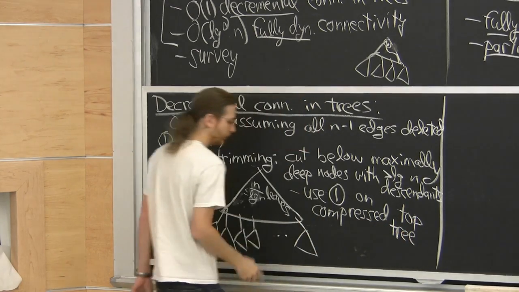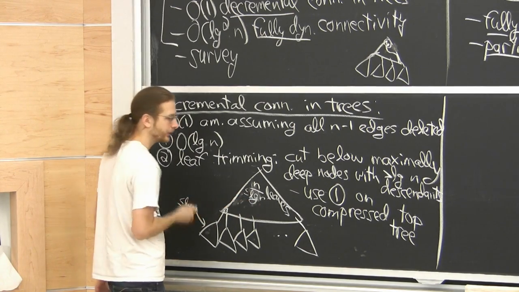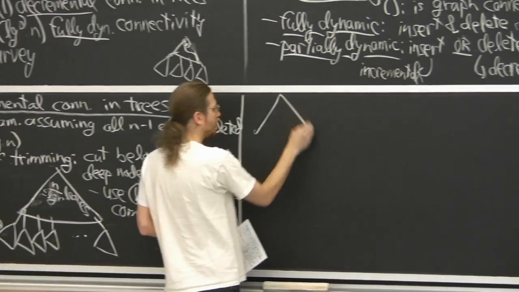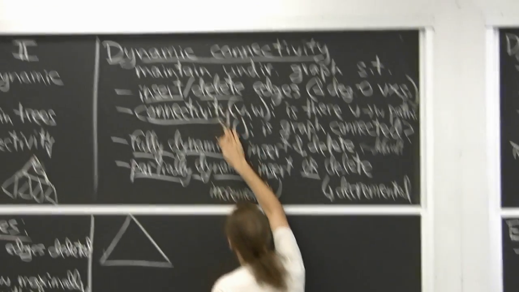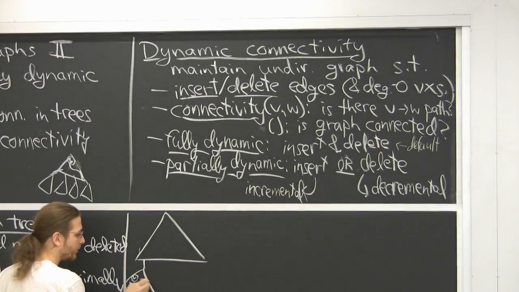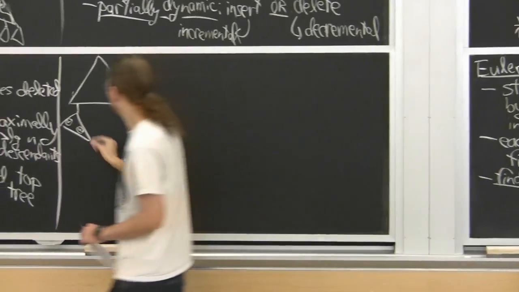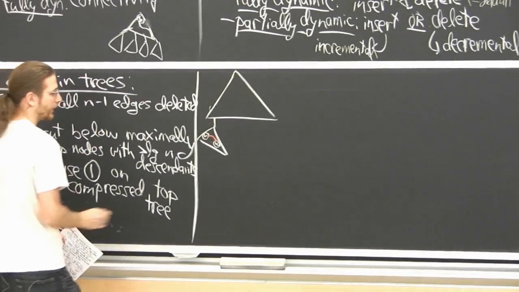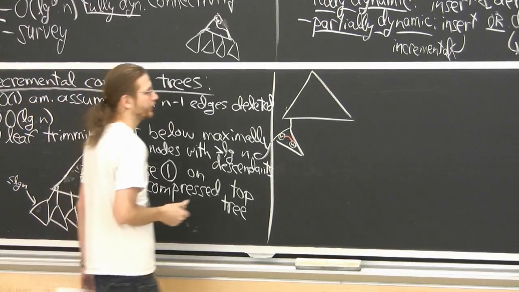And what remains is what do I do in the bottom trees, what do I do on the paths, and then how do I combine all those results together. Let's first talk about how to combine the results. There are a couple of different cases. We're doing a query on V and W, and we want to do a connectivity query. So it could be that V and W are in the same bottom tree. In that case, we just need to do a query within a bottom tree. So as long as we can solve the bottom tree case quickly, we're happy. Constant time, I guess. That will turn out to be pretty easy.